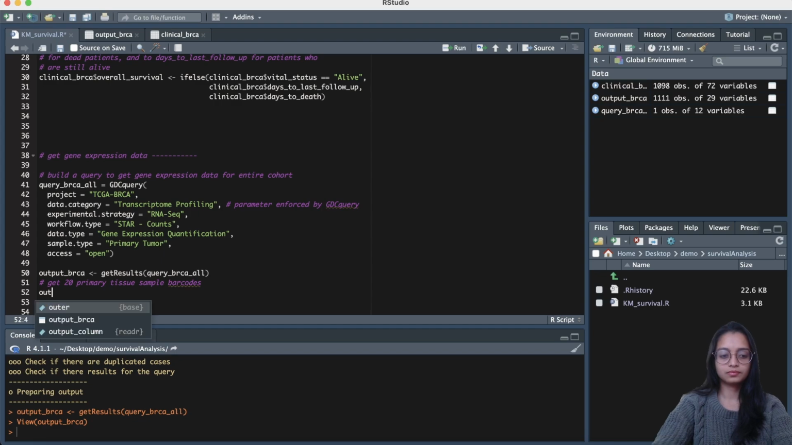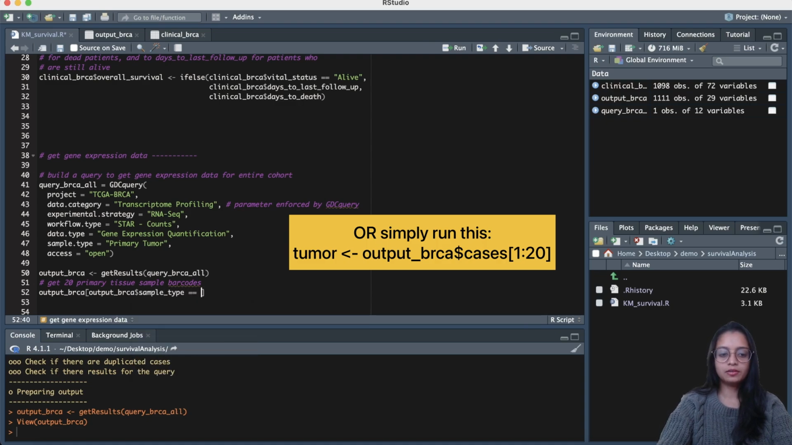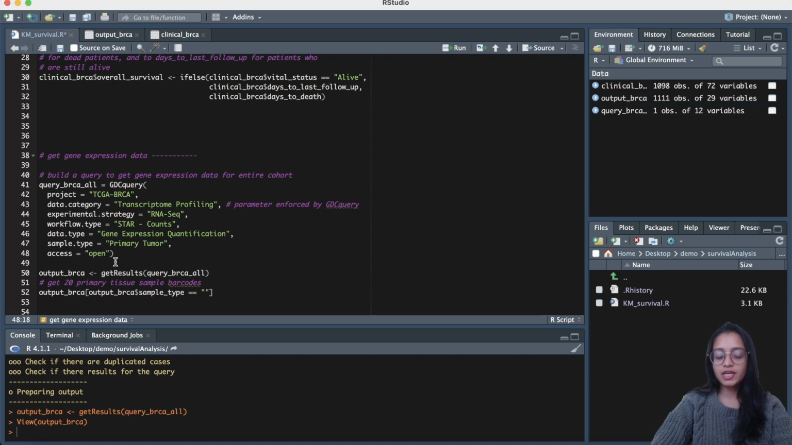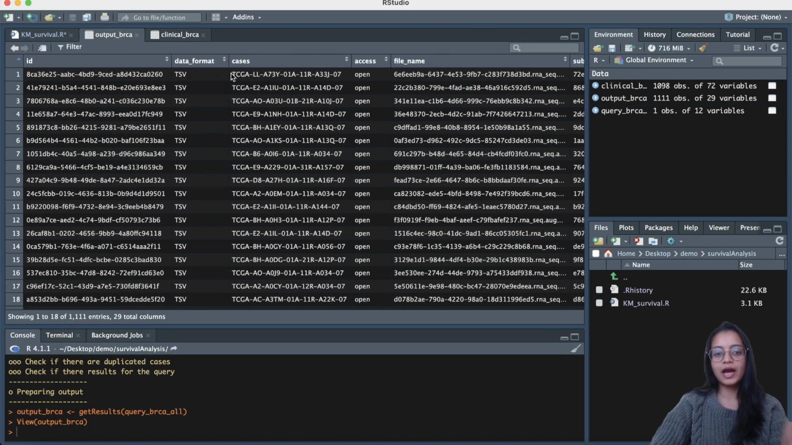So when I say barcodes, we can provide the specific cases that we want to download, and we can get the cases names or the IDs of the cases from the cases column. And since this is a large cohort, I don't want to download so many of the files. I just want to get like 20 something primary tumors and perform my survival analysis with only 20 cases for